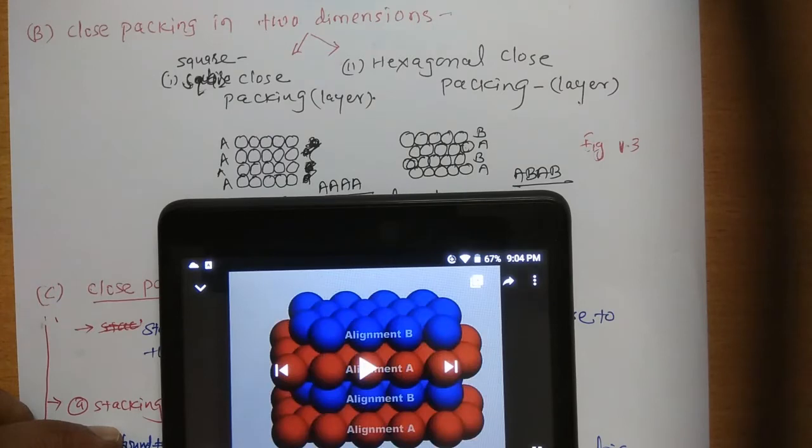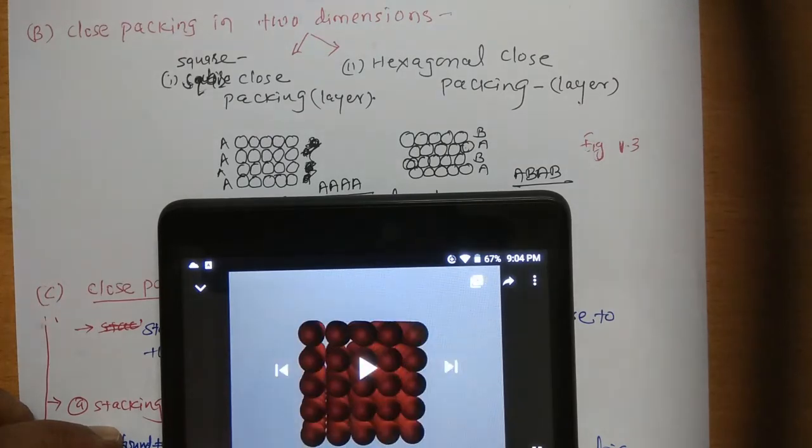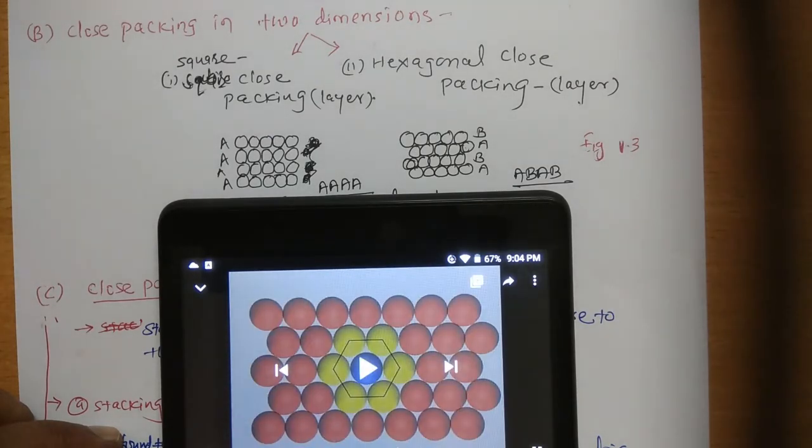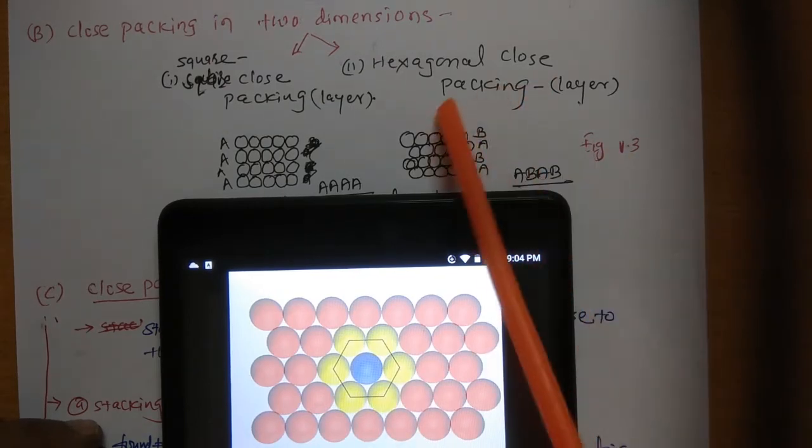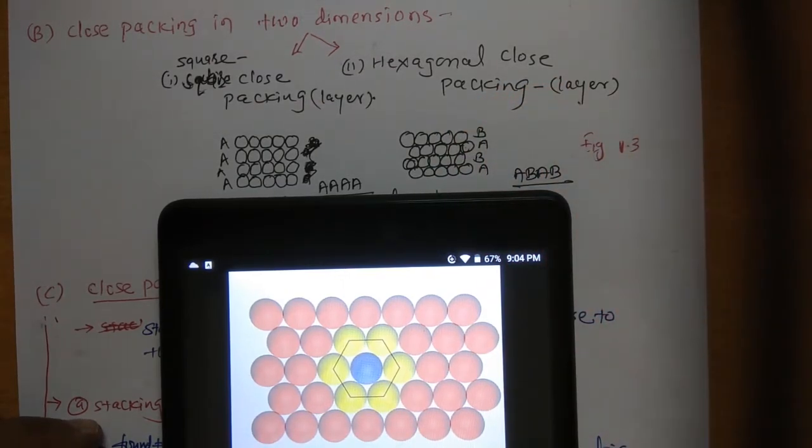You can see here, if the centers are joined, then there is a formation of a hexagon. That's why it is called hexagonal closed packing. So this is the packing of the spheres or particles in one dimension and two dimensions.